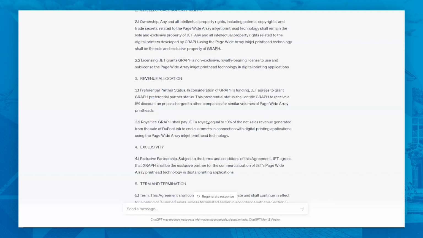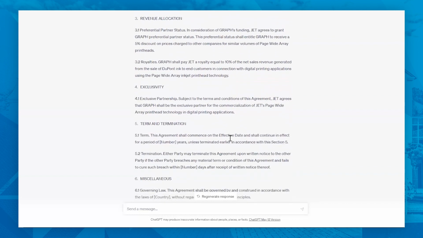And I can tell you, because I had access to the original contract of this particular case, so this is a real case, and I had access to the real contract. And actually, these clauses are very, very similar to the clauses that were actually negotiated by the partners. So that I already found quite amazing to see. And then I pushed it one more step.